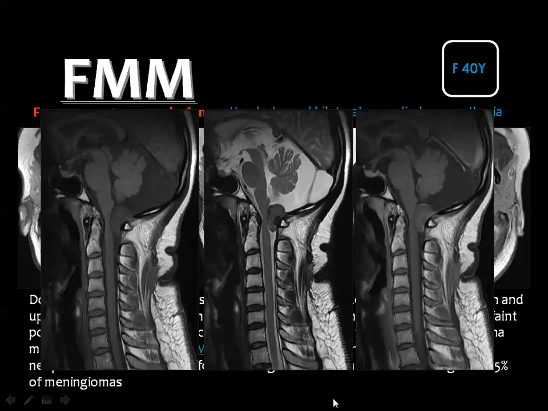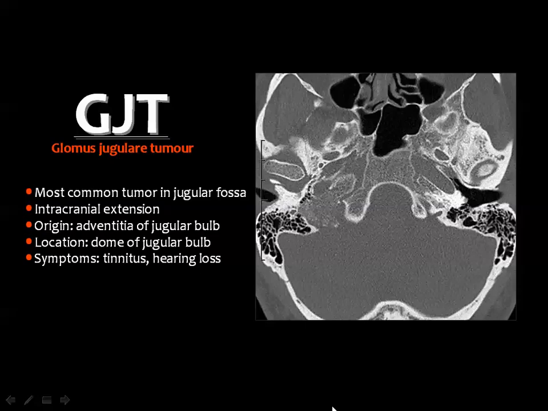Of course, the orientation of the lesions at the foramen magnum is better achieved in the sagittal images, since you can see the tumor and you can see the spinal cord as well. This tumor is of intermediate signal in the T1 and T2 with some post-contrast enhancement. Then we came to the jugular